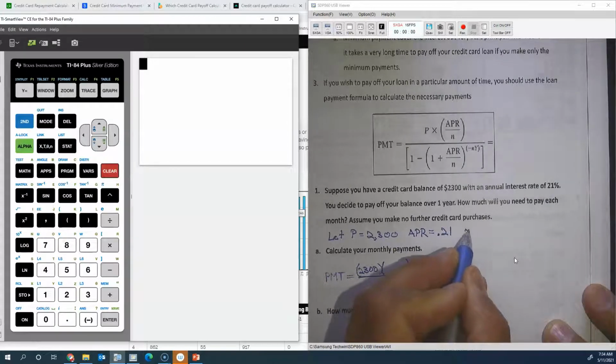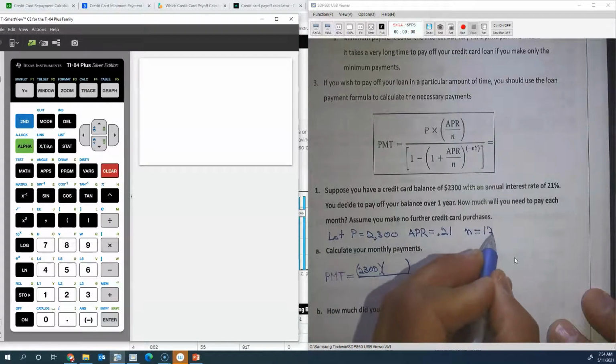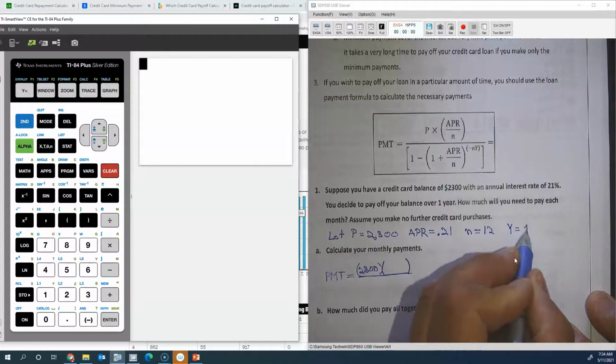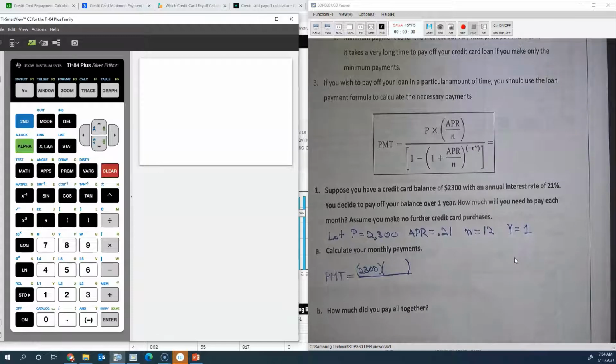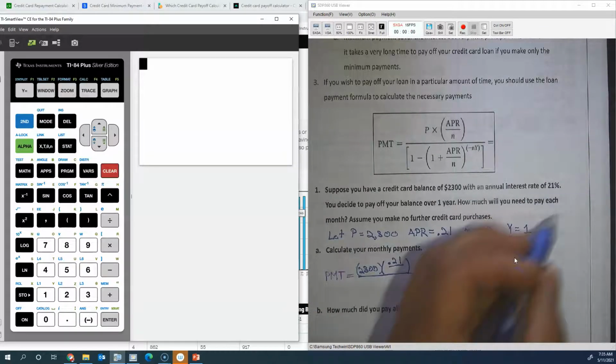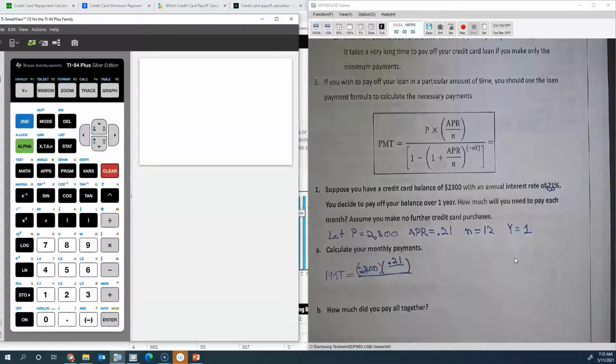N is the number of payments you make, so this is monthly payments, 12. And then Y, we want to be out of debt in 1 year. Those are the numbers we're going to be substituting in here. So 0.21, you move the decimal place once, twice. And then this is going to be 12, and then down below,